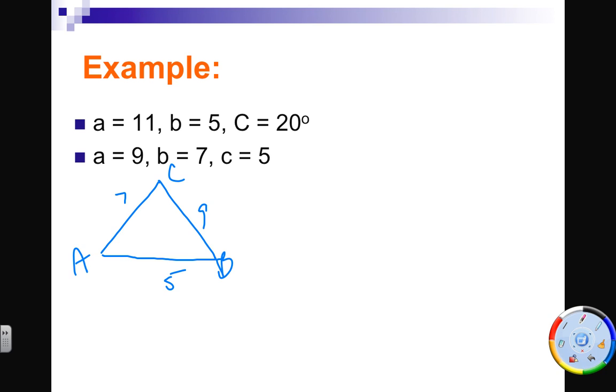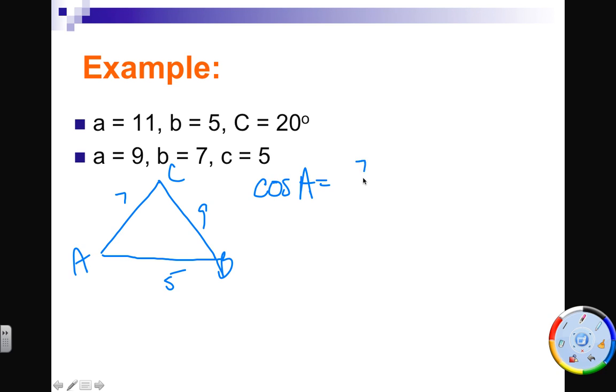Cosine inverse is in quadrants 1 and 2, which means those are the only places the angle should come up anyway. So it doesn't matter what angle you start with first for law of cosines. If you want to get the big angle out of the way, go for it. Let's just do that. Let's say cosine of A equals, because A is the bigger angle,